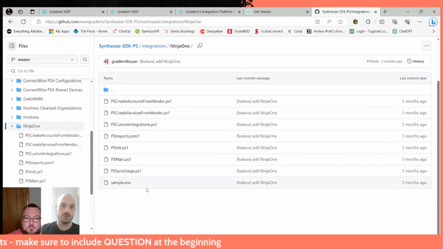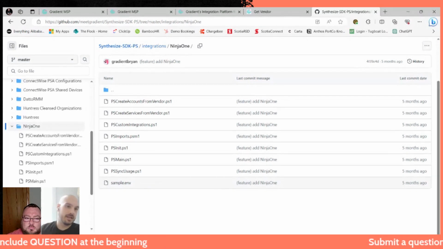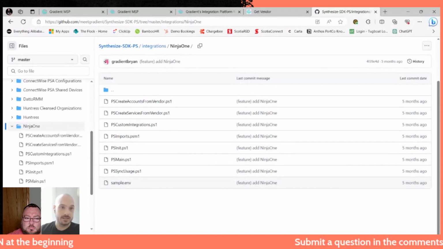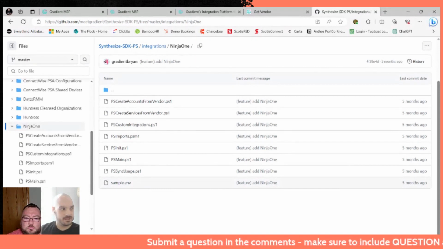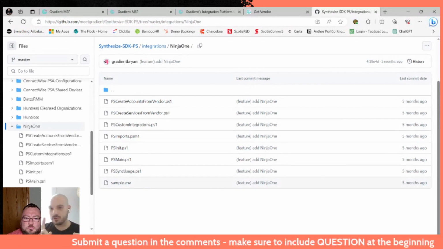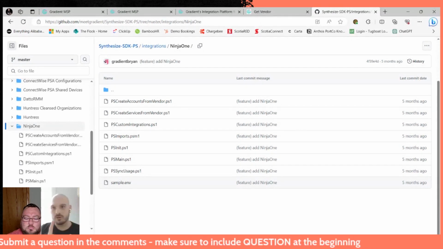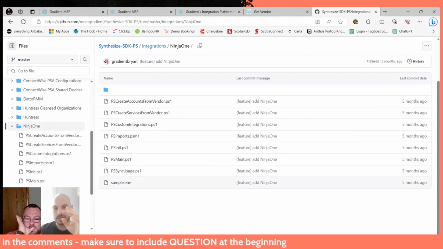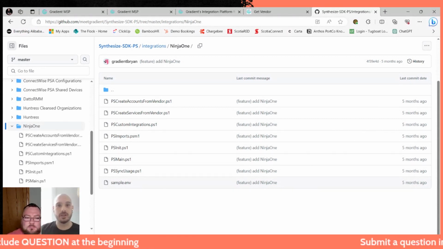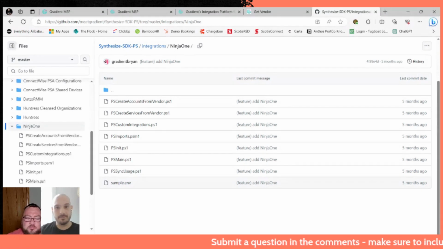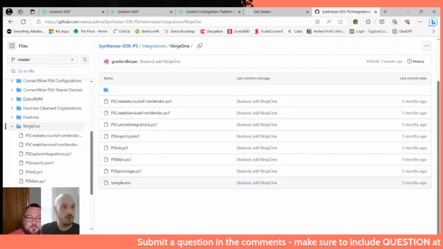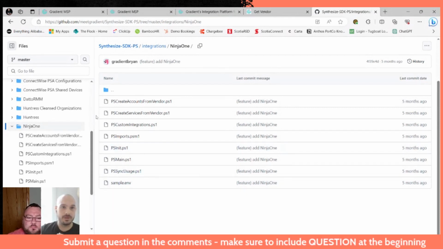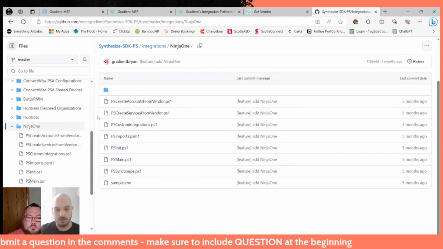Now, what's really cool is you can actually submit any of these integrations to us for us to host. So if you don't want to build this and have this running on a laptop or a server or your virtual workload or worry about scheduling it or backup, anything else, and you just want this fully hosted, you send it to us, we'll host it for you. And that can be limited. For that? No, it's all part of what you pay for the service. So that's all included, right?